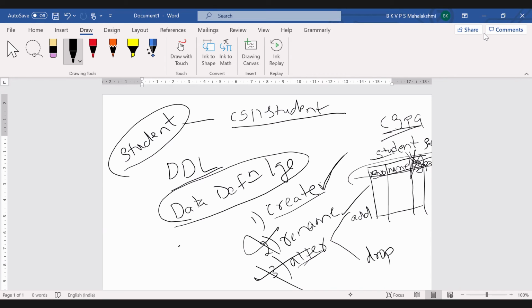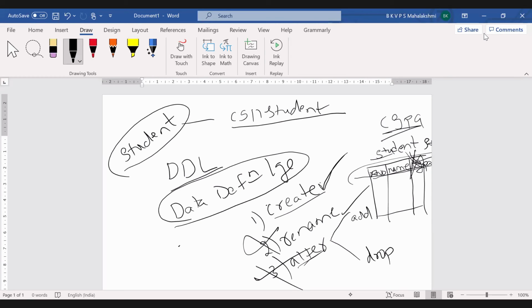But sometimes we make mistakes, right? So for that purpose also we need the flexibility to work. That is why we have all these commands under the data definition language: create, rename, alter.